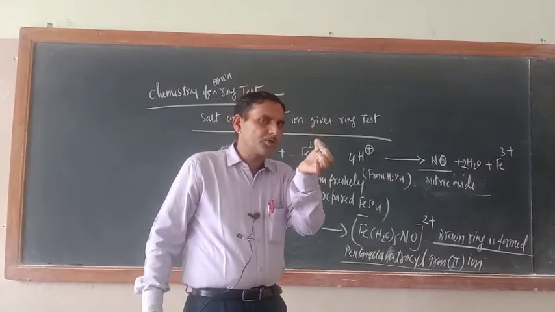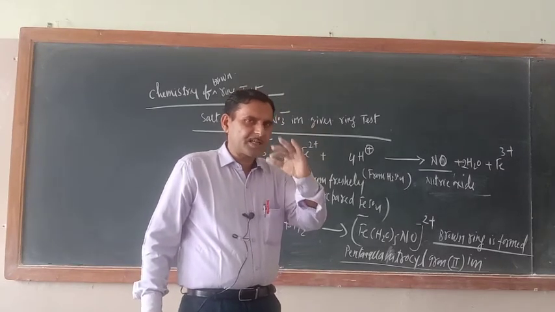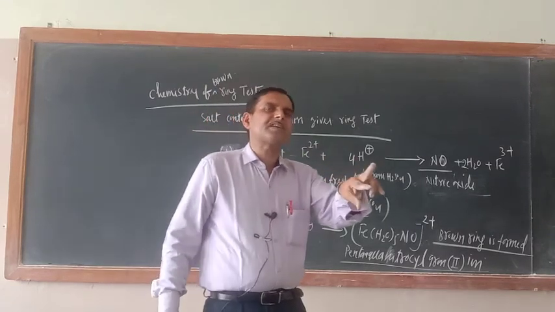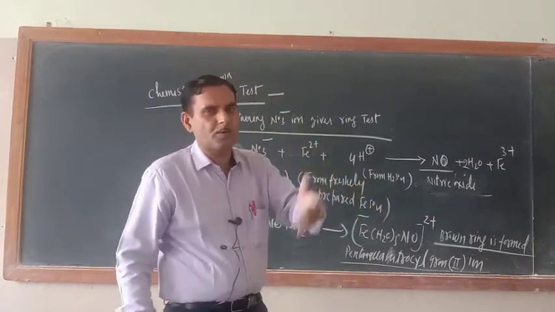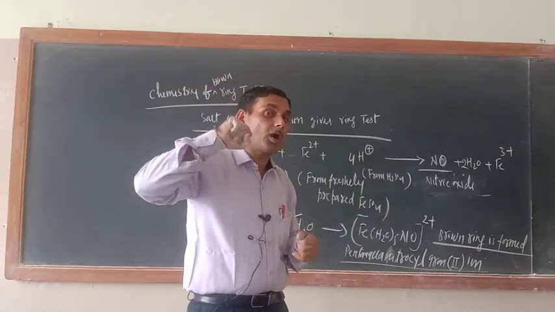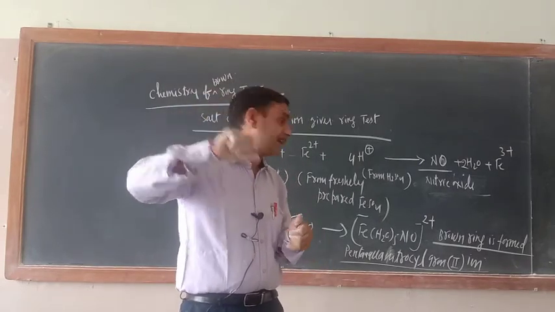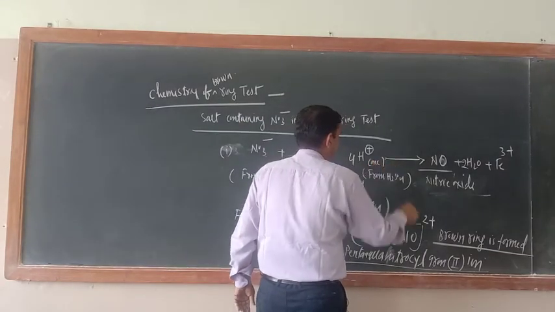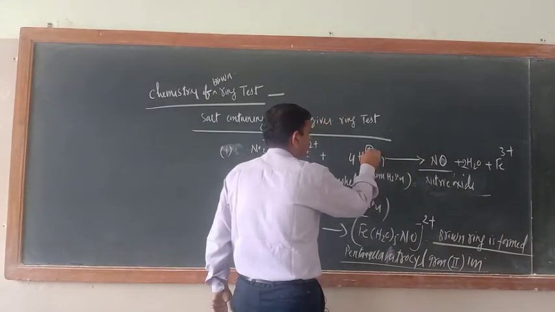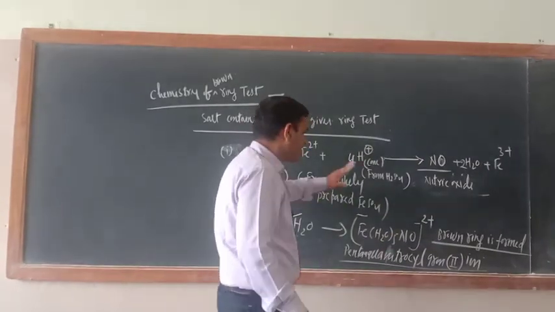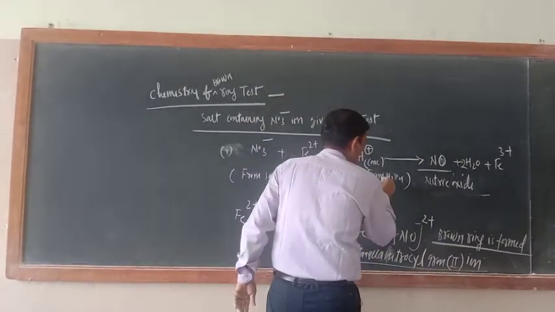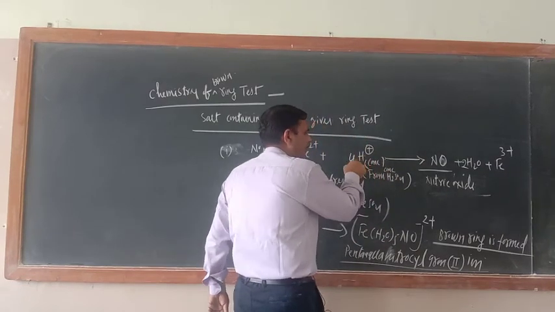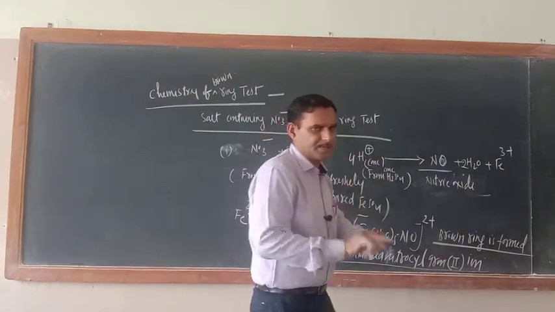Okay, and the brown ring is formed at the juncture, or meeting point, of two liquids. What are those two liquids? The first liquid in the test tube is the nitrate salt plus freshly prepared FeSO4. Then, with the help of the wall of the test tube, you have added conc H2SO4. So from here write conc. This H positive ion will be furnished. So in this way the chemistry is over.